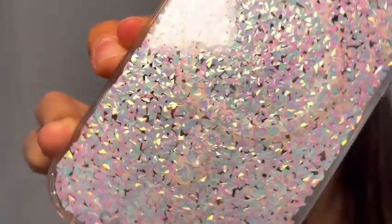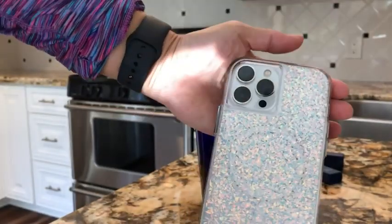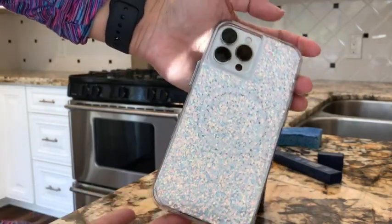I have this iPhone 13 Pro Max case by Casemate that is gorgeous. This case is great for my iPhone because I feel like it's super safe. And that's not for any reason either, because it has a 10-foot drop test. I hate to say it, but this thing does fall off my lap from time to time. And it makes me nervous, and I'm always worried that my phone's gonna get damaged, but not when it's in